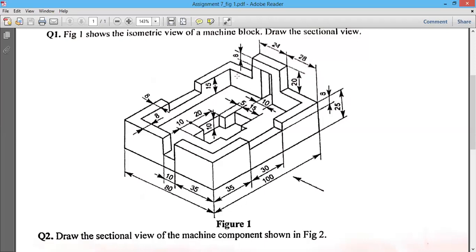Now the inner section means this small section I have to make. Here one thing is not mentioned. What is not mentioned? The distance from any one of the corners. What is the distance from this face, or from this face? These things are not given. So you have to understand that it is lying in the middle section. That's why what we can do,